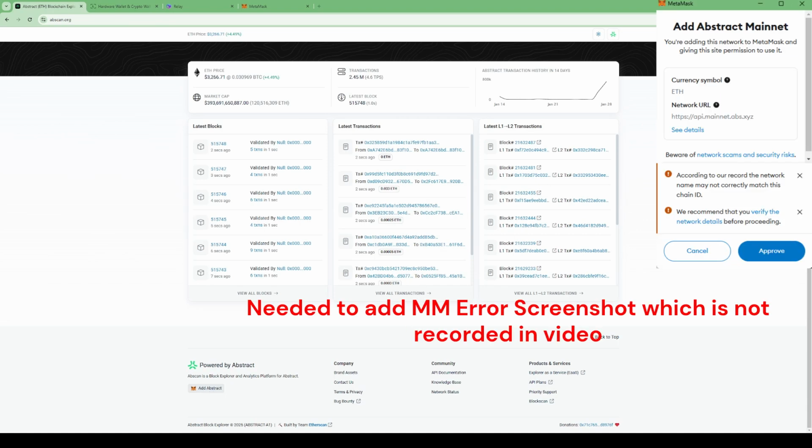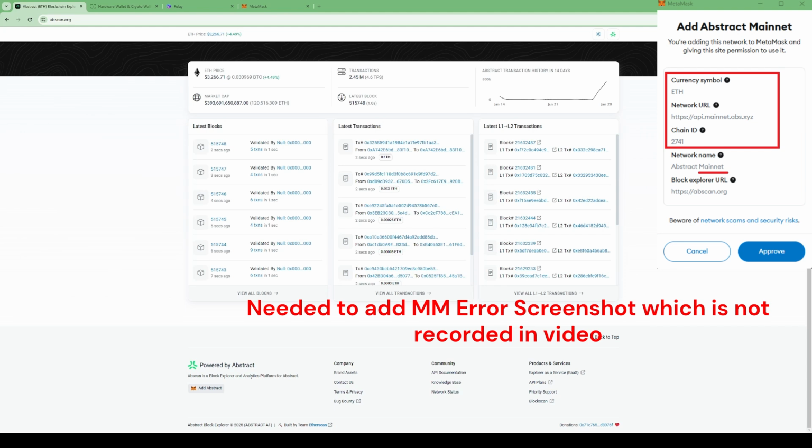Assume you will click on add. It will add here this error that you will receive, which is fine because I already confirmed the URL, and when you click show details, the chain ID is correct, and that's the main important thing. The only difference is that on Ledger it's called Abstract, and here it's called Abstract mainnet. Actually, the network name doesn't matter much, and even the explorer, if you make a wrong explorer, it doesn't matter